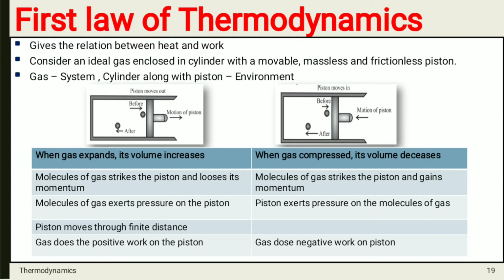Molecules of gas exert pressure on the piston while striking on the piston. The piston moves some finite distance towards the edges of the cylinder. So gas does positive work on the piston. In the second figure you can see that the piston is moving inside, or if you quickly push the piston